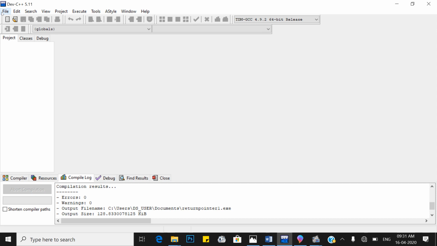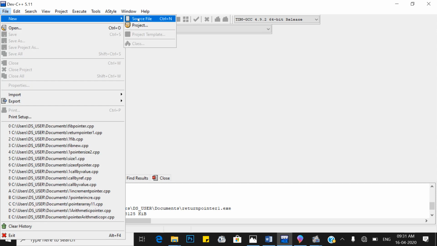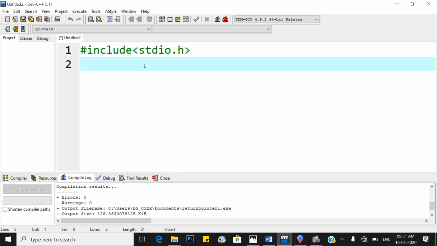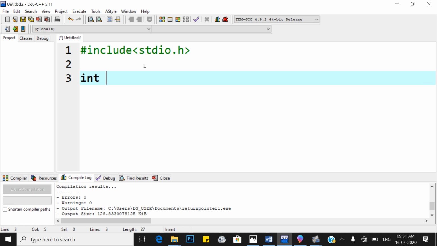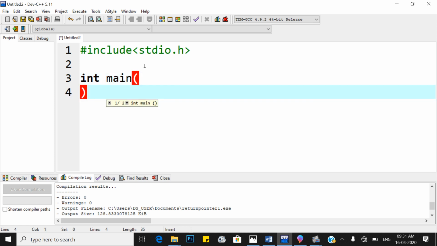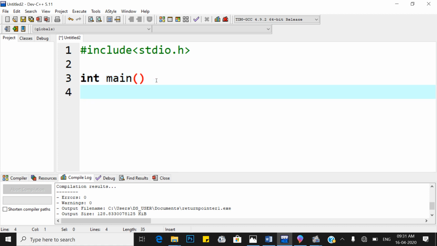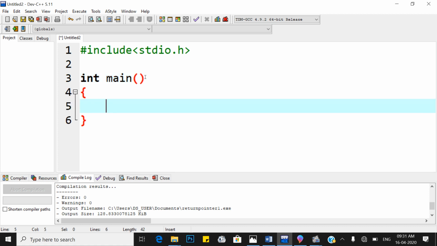Okay, so let's start with Dev C++ IDE. First create a new source file. After creating the new source file, we have to include hash include stdio.h header file. After that, main function, that is int main. So inside main function what we have to do?